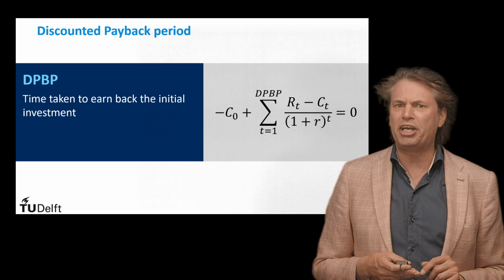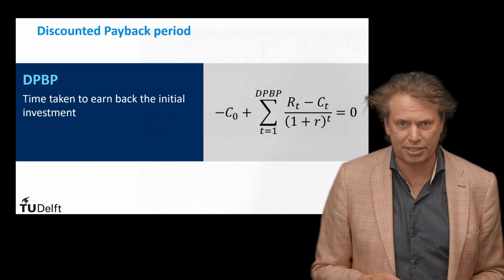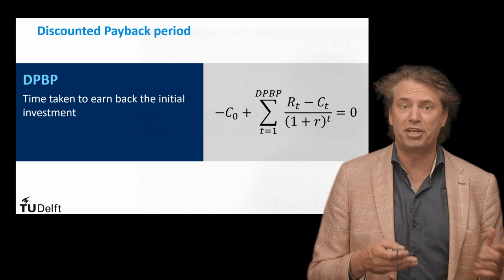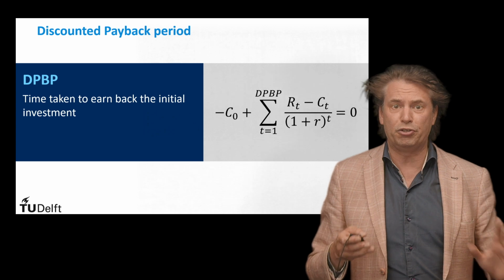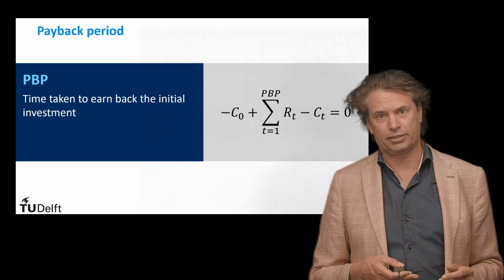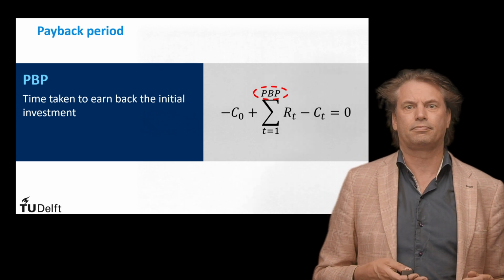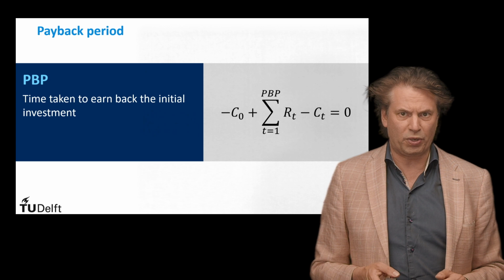Sometimes you will also hear about payback period, which is a simplification of the previous formula, since the future value of money is neglected. Therefore, the interest is set equal to zero in this case, as the formula appears as shown in this slide. We can understand better the concept of payback period with a simple example.